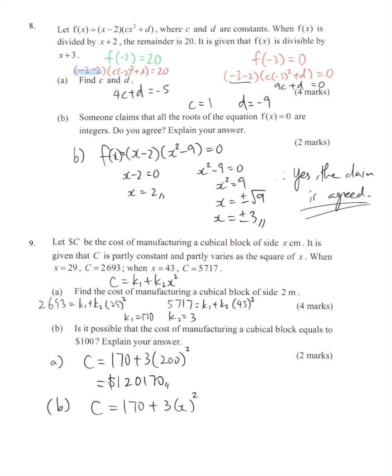In the equation you can see it's partially constant, so that is a fixed cost. 170 is a fixed cost. No matter how big or how small you make the cube, that's there. So that's the least amount you can charge someone, and therefore this is pretty straightforward. It's impossible. For part B, it's impossible